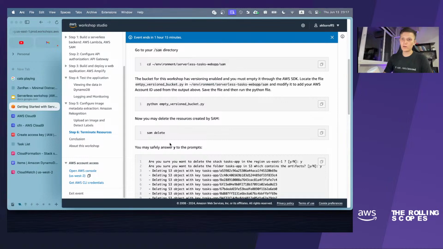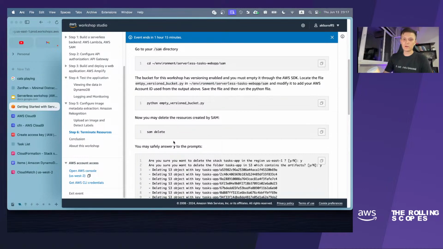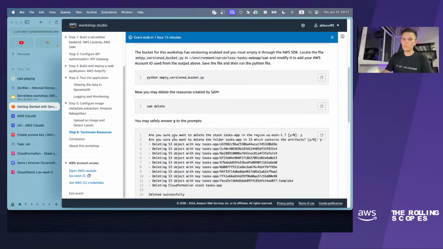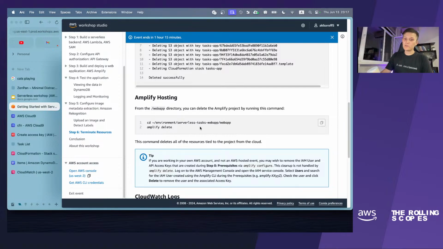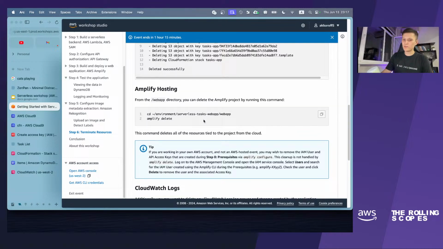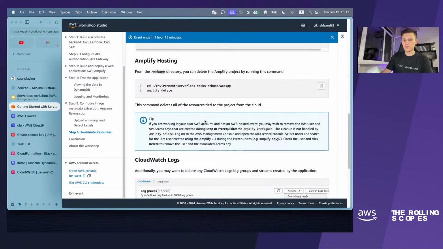It will delete and remove all the resources that are created in terms of this stack, and you will avoid any charges. Also don't forget to destroy your front-end application as well, because the front-end application will charge you too. You can do it by going to the web app folder and typing the amplify delete command.